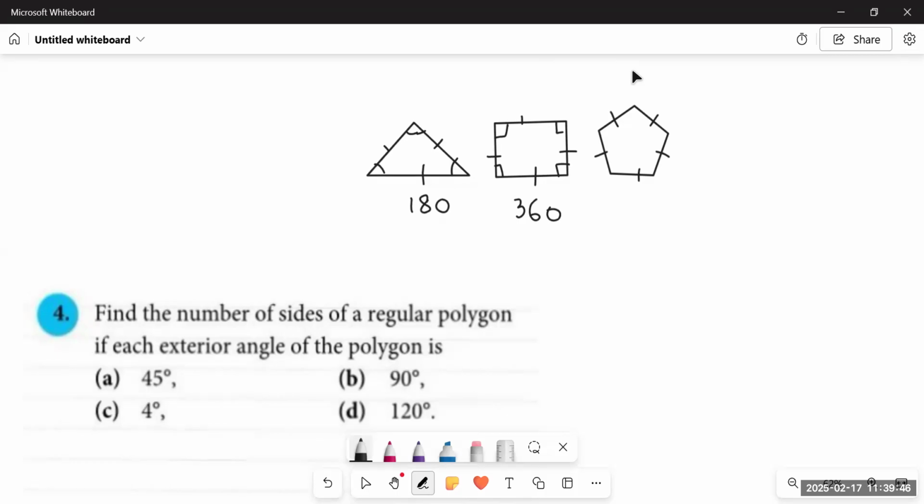Okay, and when we talk about a pentagon, it has 5 angles, right? And the sum of angles in a pentagon equals 540 degrees. That is, when we add up all the angles in a pentagon, the sum of all the angles would be 540. It means we have to derive some formula. Then how do we come to know the sum of all the angles in any of the polygons? So it's very simple.